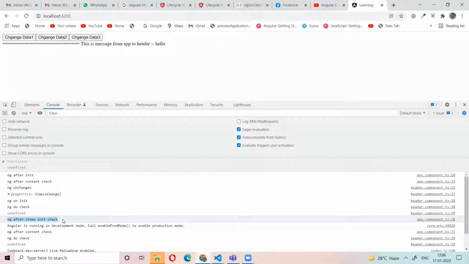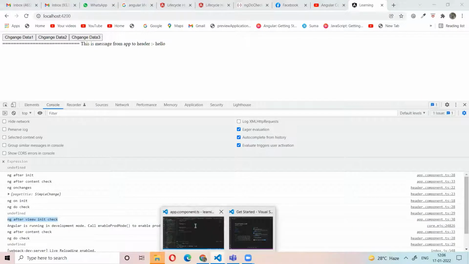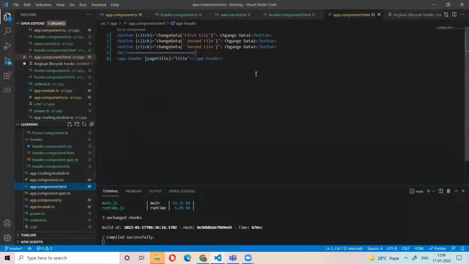That means we have the parent component and these are the view child components. For example, we have the app component, we have this HTML, this child component. So before loading this view and this child component, ngAfterContentInit is loaded.